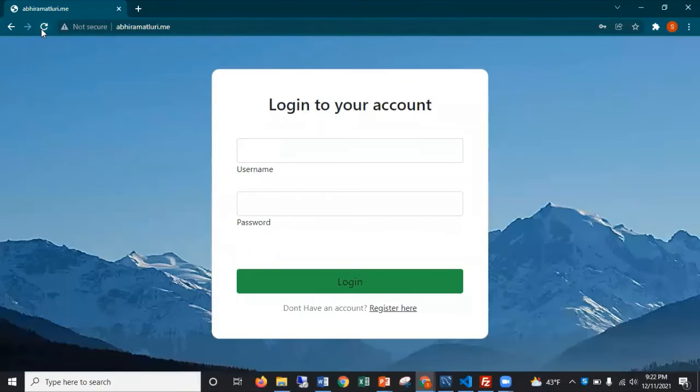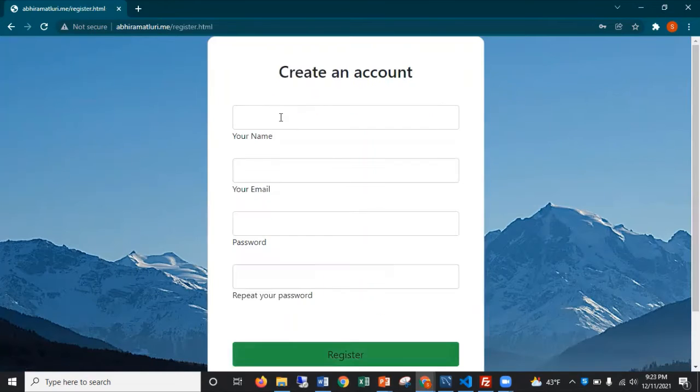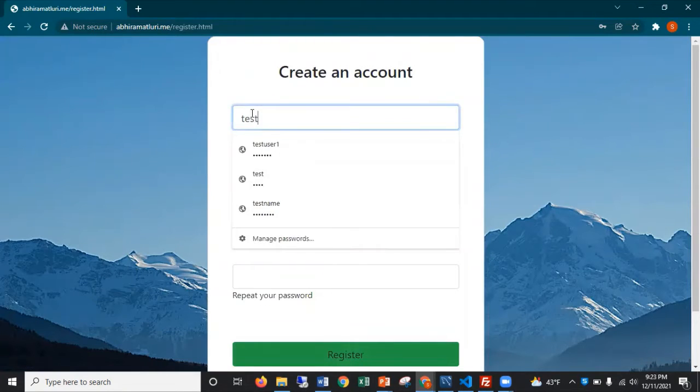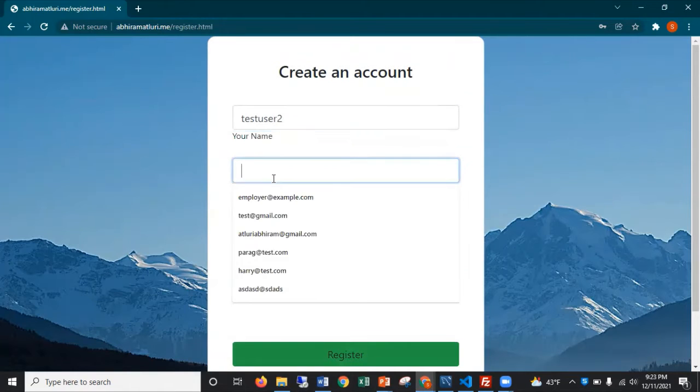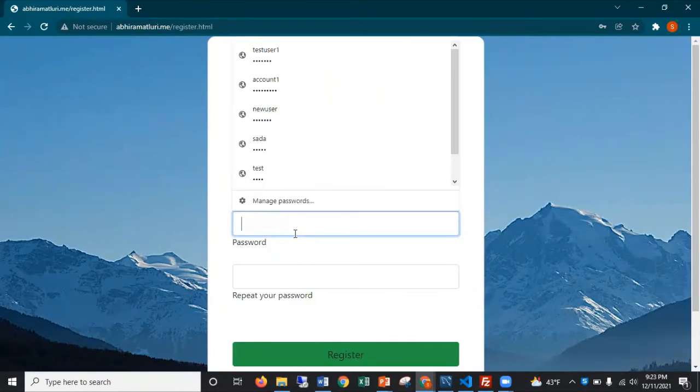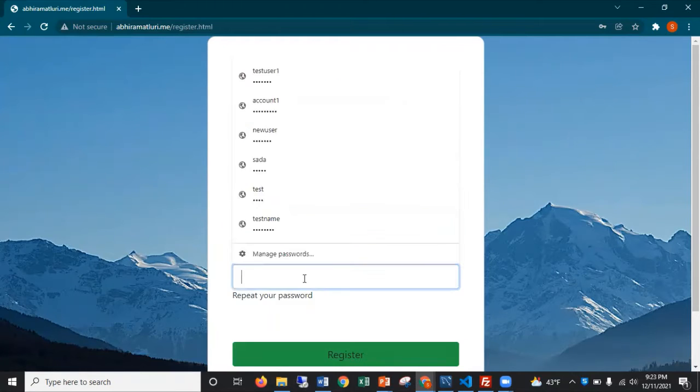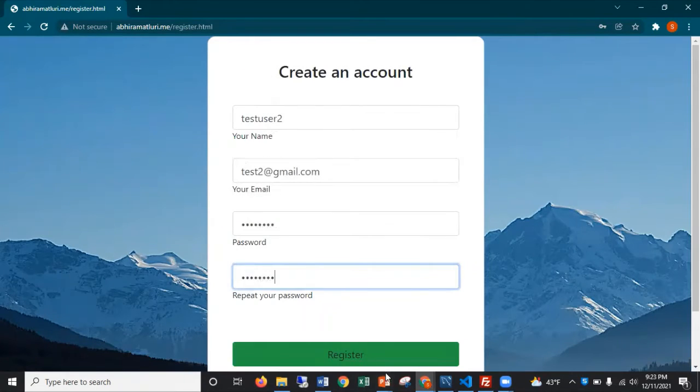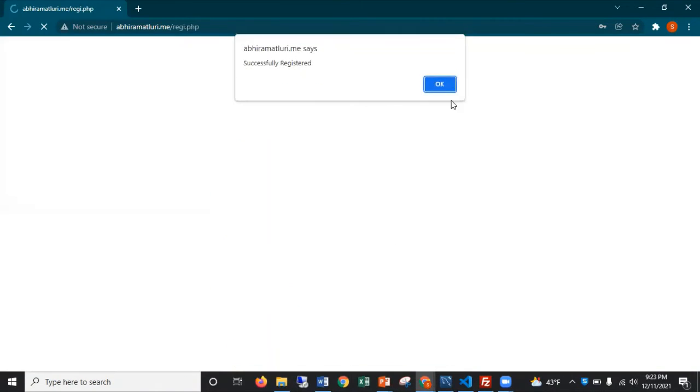Now I'll show you a demo of our project. As you can see below, this is the main initial login page of our marketplace. The user can log in from over here. However, if he doesn't have an account, he can register over here, for example. Once a user registers, we will get this pop-up.